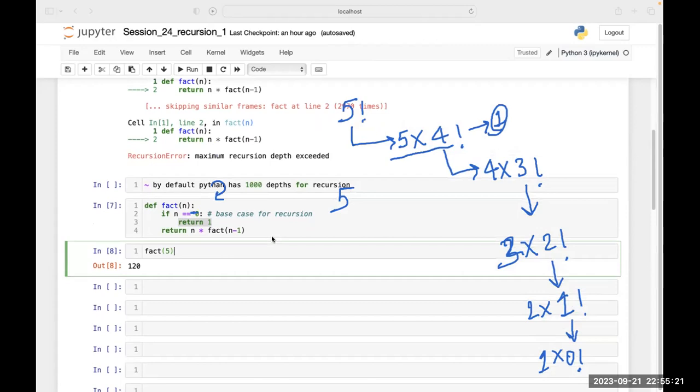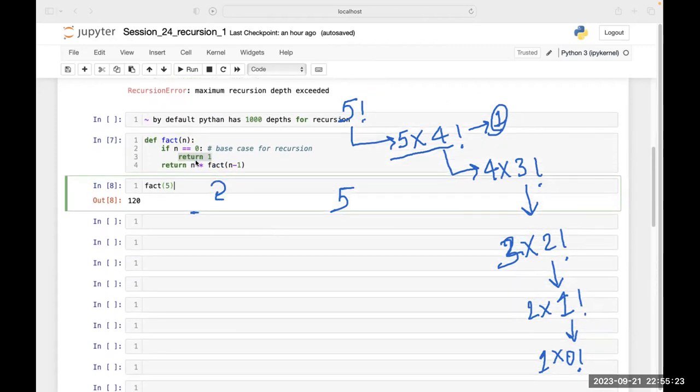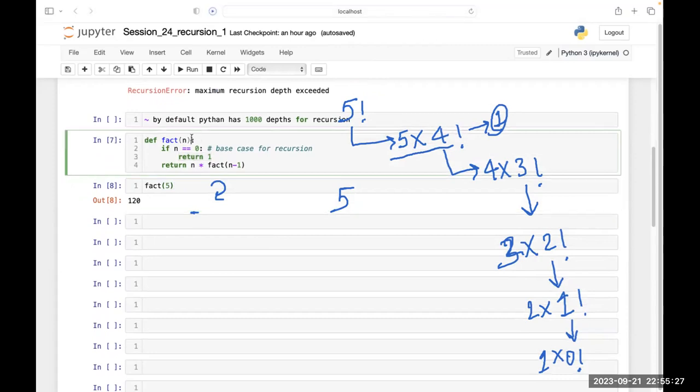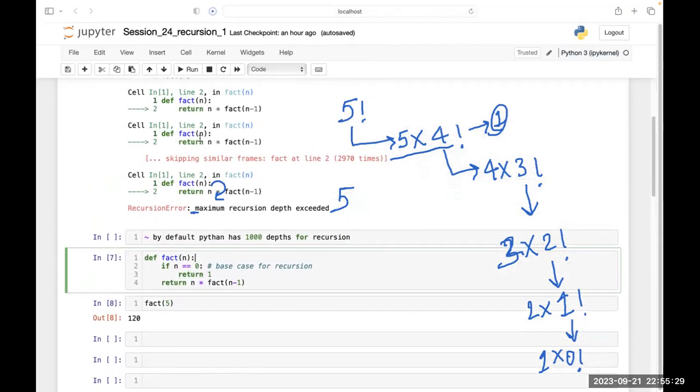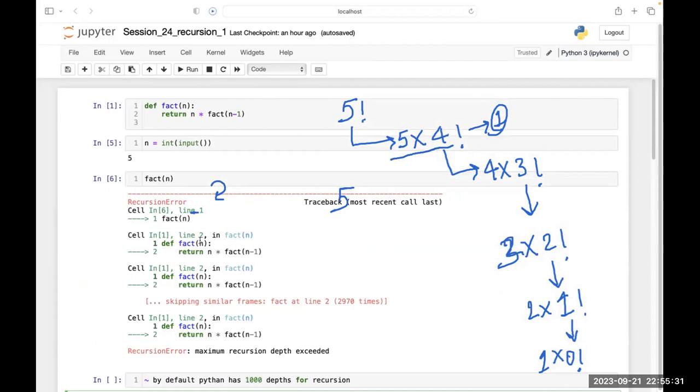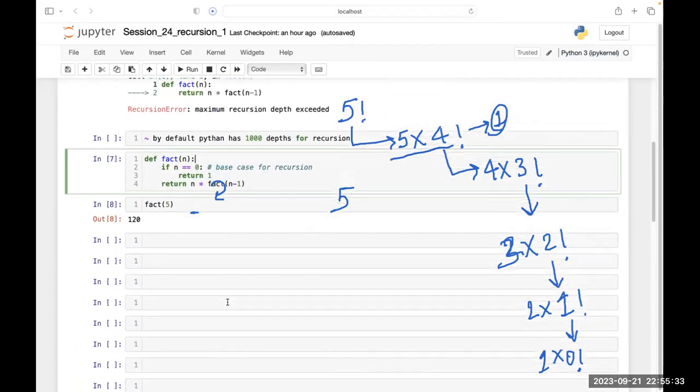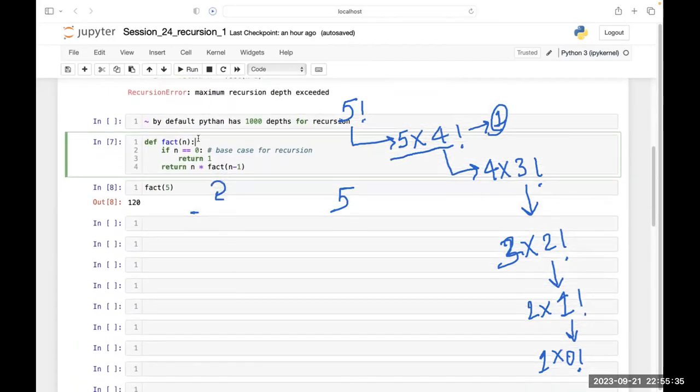Now, in this second question, I have defined one base case. Earlier I was falling into this infinite thing because I had not supplied a base case. So here I have supplied it a base case. That base case is n is equal to 0. When I reach n is equal to 0, return me 1.